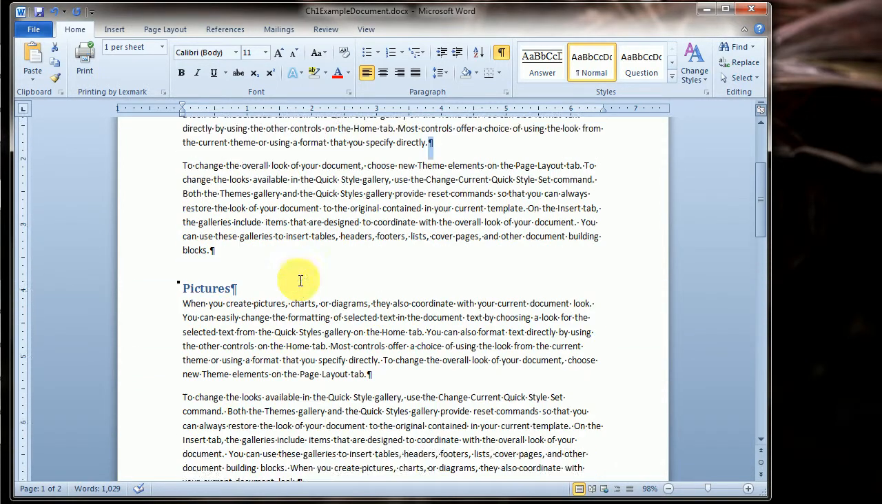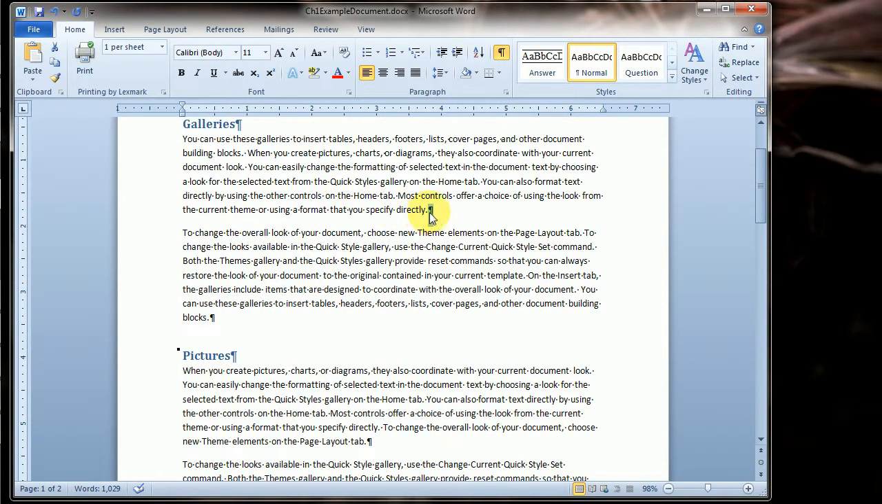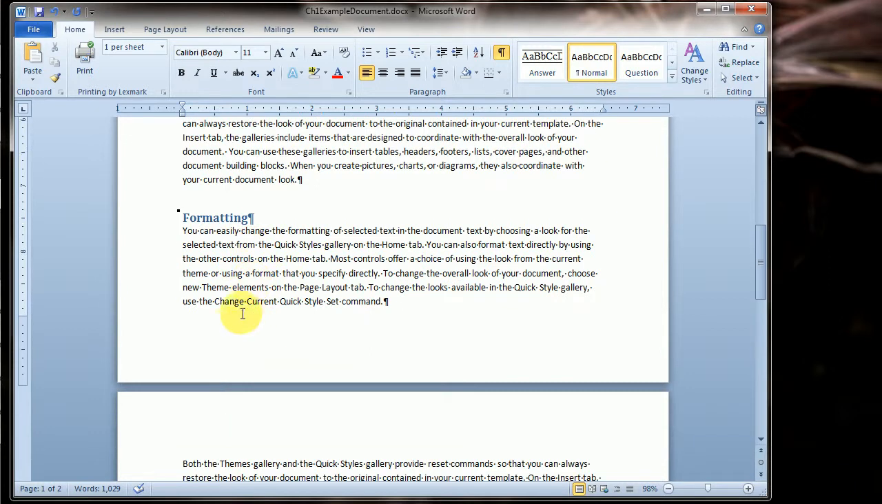Now let's talk about page breaking. Usually you only want to press the Enter key at the end of a paragraph. You want Word to handle where the lines break. You want Word to handle where the pages break. But